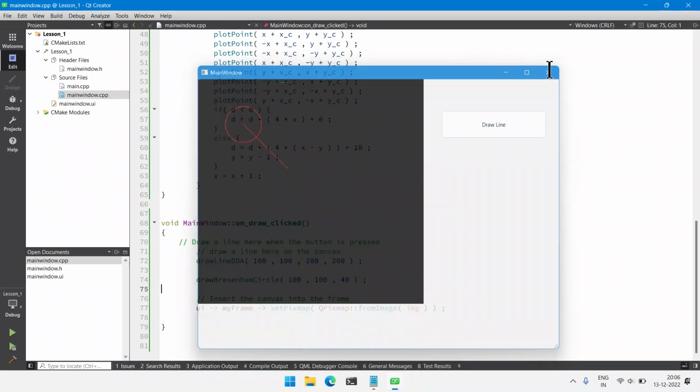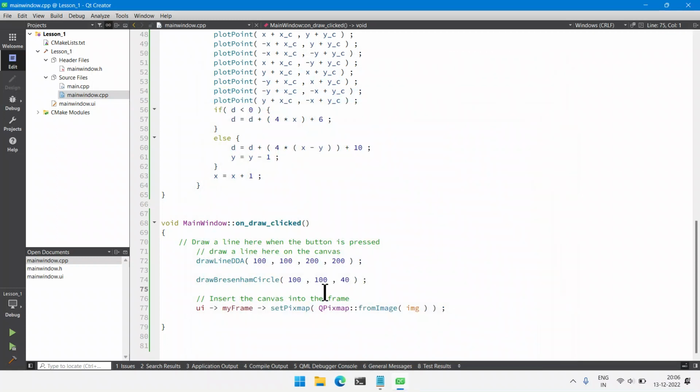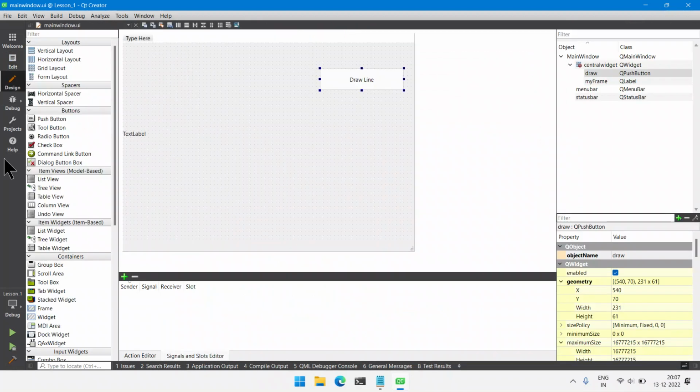And also there's another point. What if we wish to clear the screen when a particular button is pressed, like something like a reset button? So we can create another button by modifying the .ui file. So I'll add another button here, push button. I'll resize it to match the options, and I'll double click and change this to reset. Also, I'll change the object name here. Again, it's optional, but it's good to change it here. Reset,